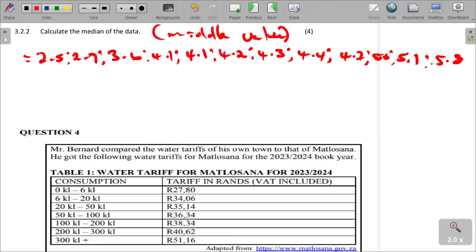So we are supposed to look at these figures, all of them,